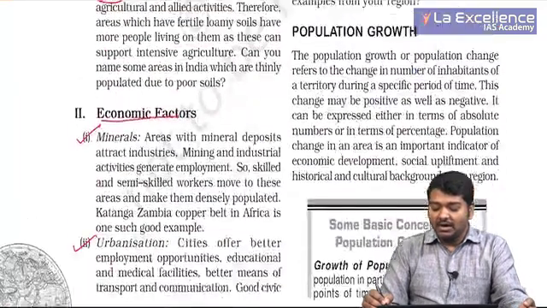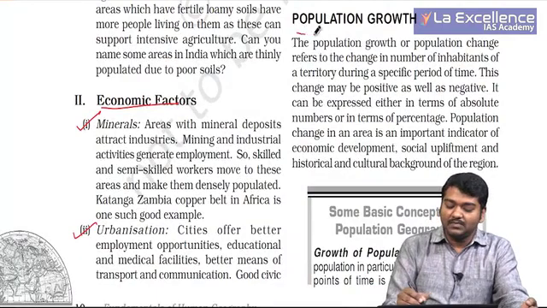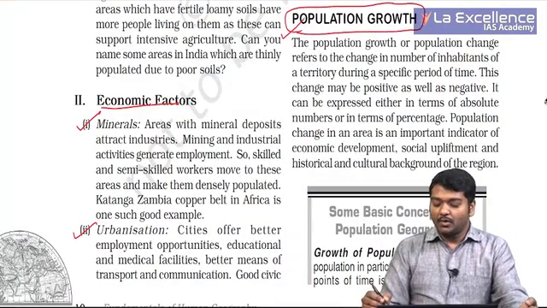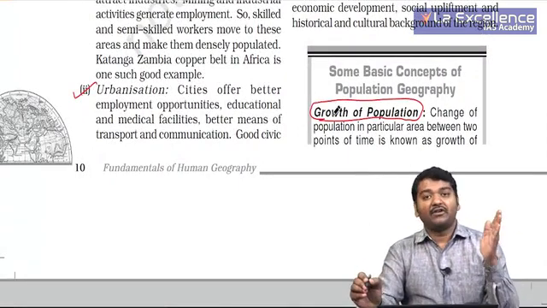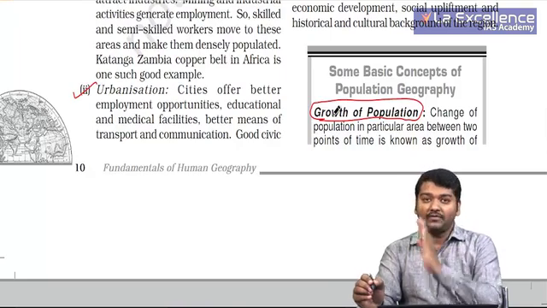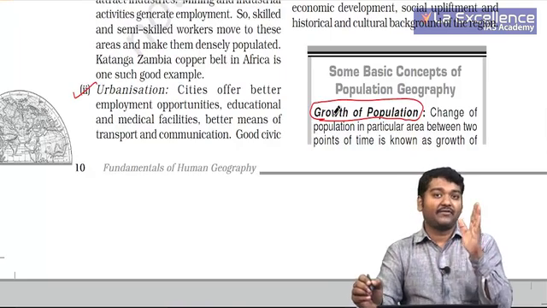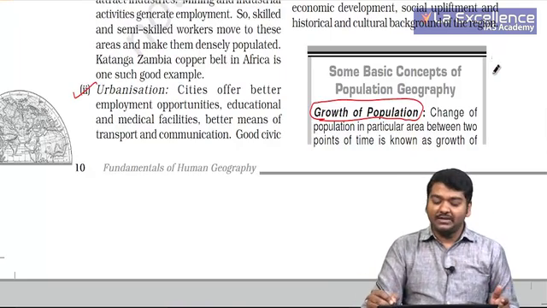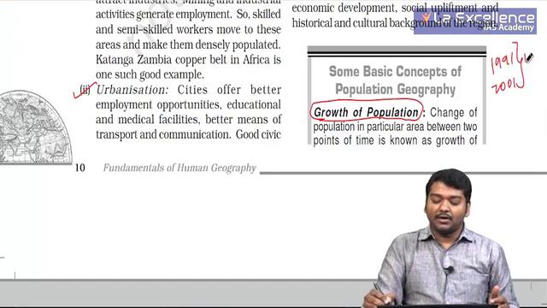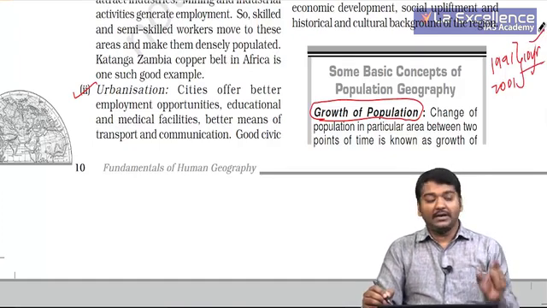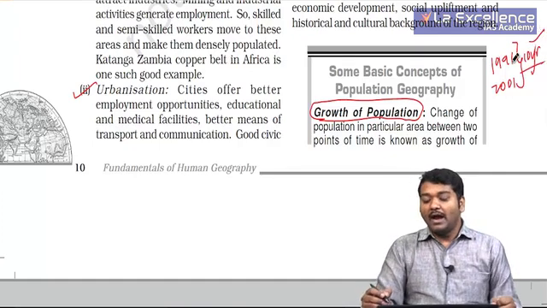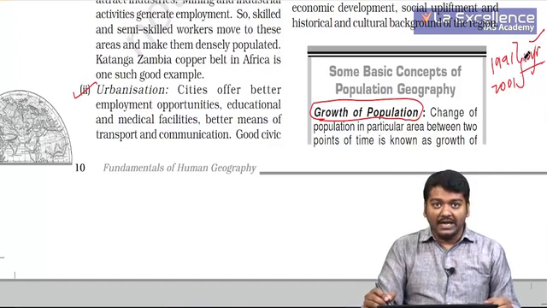Then we need to look at some of the basic factors, that is population growth. When I talk about population growth, I need to understand that growth of population can usually take place from one point of time to another point of time. But whenever I consider from one point to another, let me take from 1991 to 2001. So when I say this, I am talking about the 10-year period, correct? So when I am talking about a 10-year period, a timeline is important,